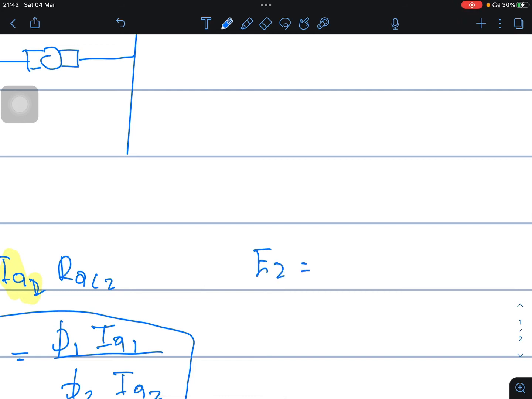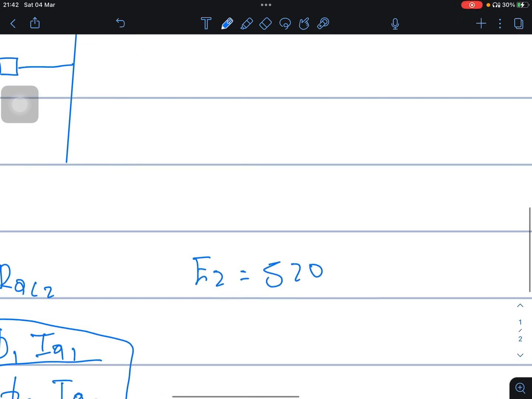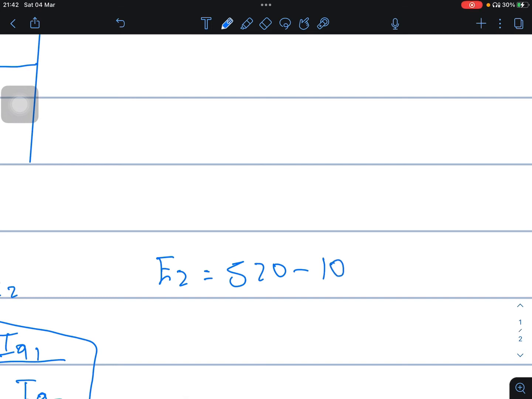E2 is equal to 520 minus 107.2 times 0.77. Yeah, there we go. We calculate E2 now. Then we're going to get